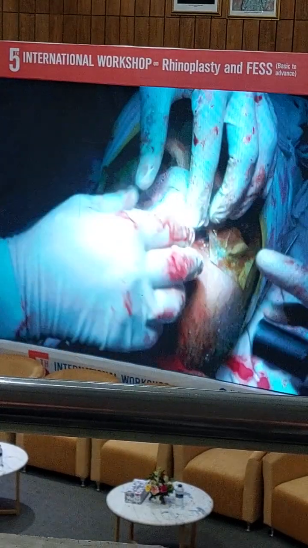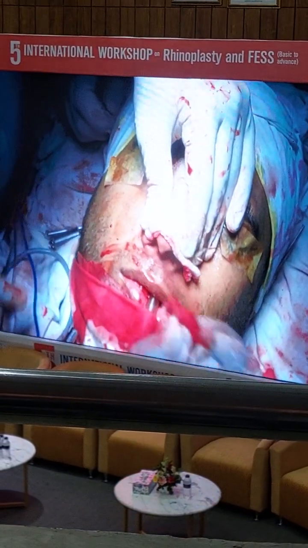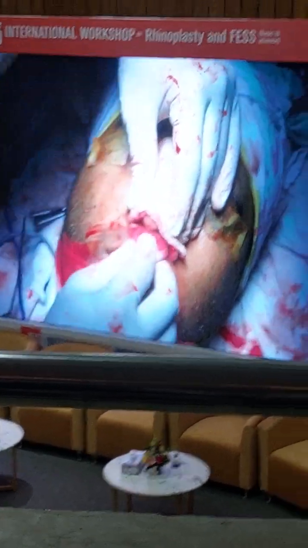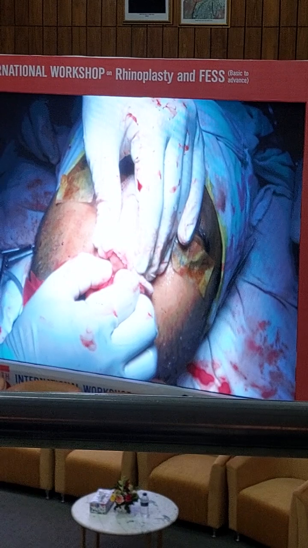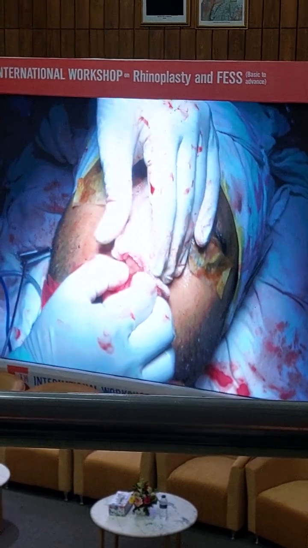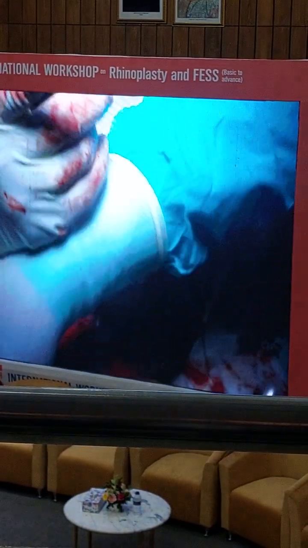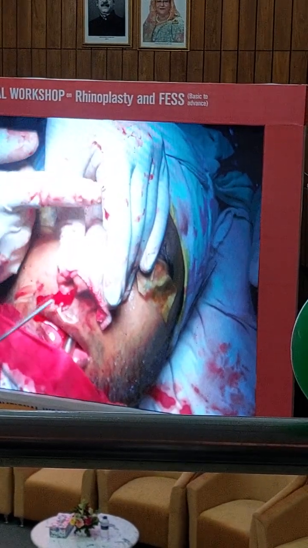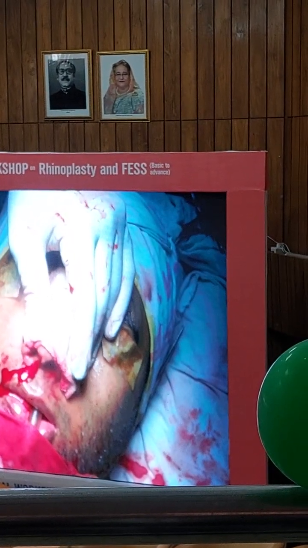Yes, we preserve the periosteum on both sides. There is more chance of injury in this lateral osteotomy because throughout the path the periosteum will be damaged. But in my last 1.5 decades I have not had a problem with the patient. So this is the limitation. So there is no problem. Now we have completed the 4 golden steps: first infiltration, second exposure, third septum modification, fourth the bony vault modification. Now we come to the mid vault and then we move to the tip.